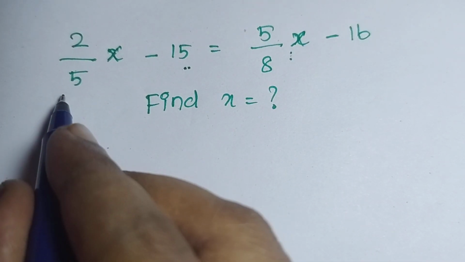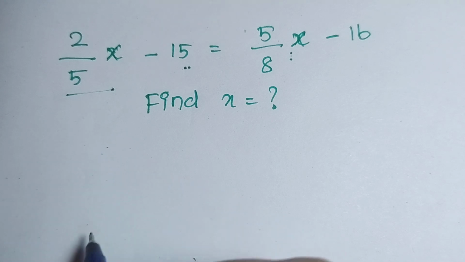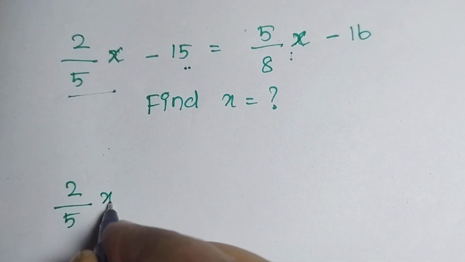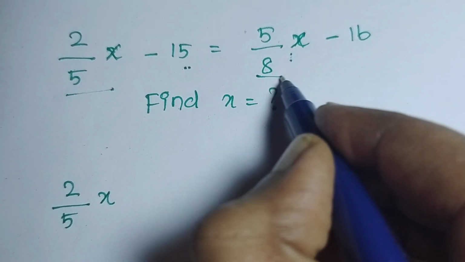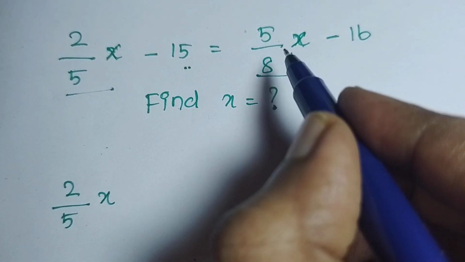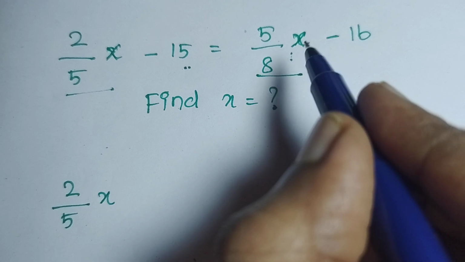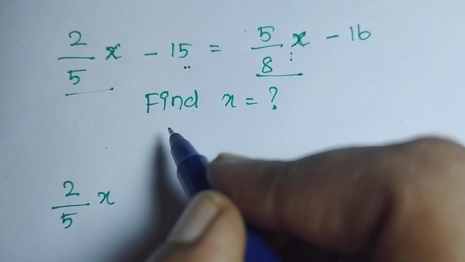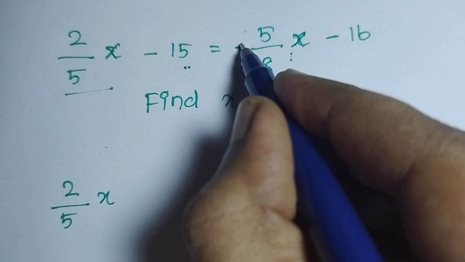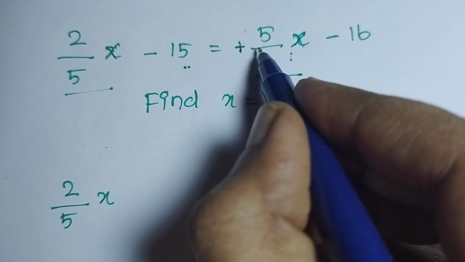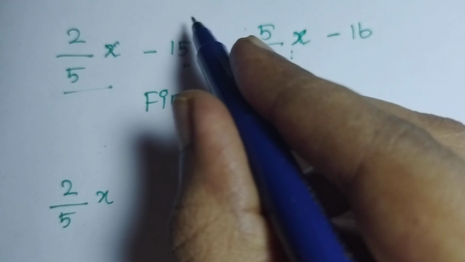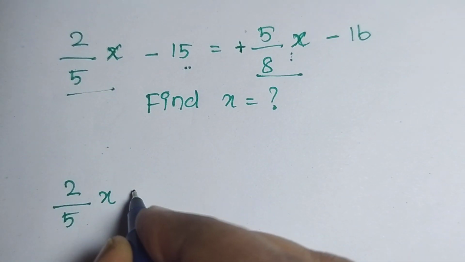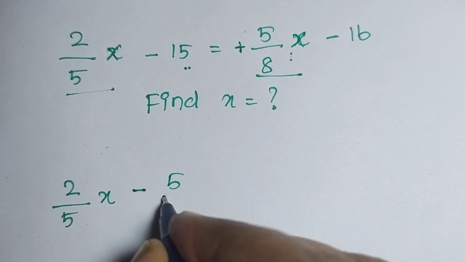Please listen here. Now this is the x term, so I am going to write this on the left side: 2 by 5x. If we see here, this is also an x term, but it's on the right side. So now I'm going to move this x term towards the left. Therefore this is in plus sign. If it shifts towards the left side, the sign gets changed to minus. So minus 5 by 8x,